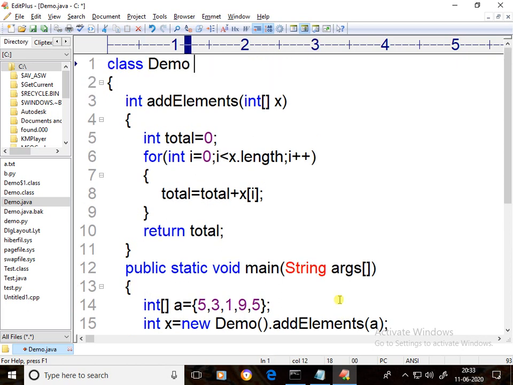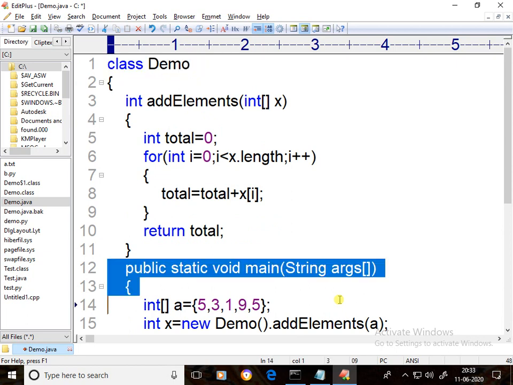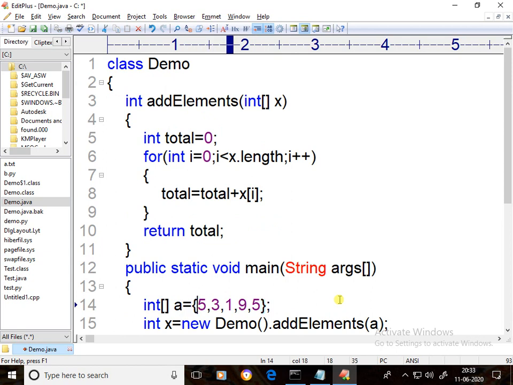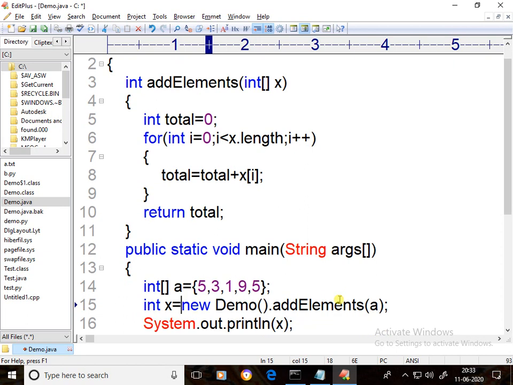See here, the Demo class is loaded, open brace executed, main method called, open brace executed. Here a 5 elements array is created. That array is referred by a. This a contains a hash code, and here a Demo object is created.